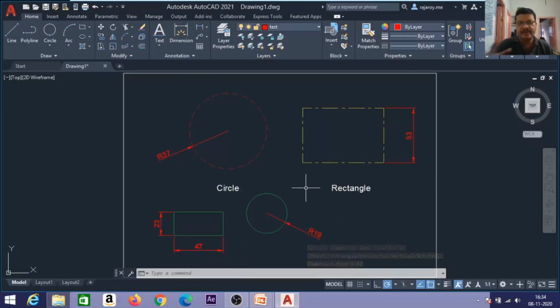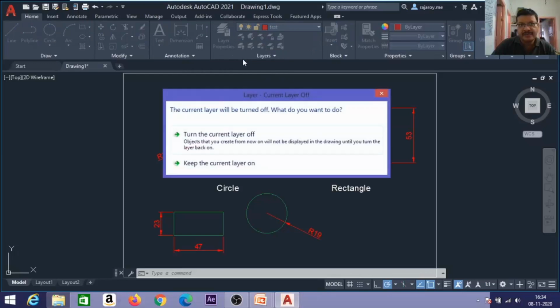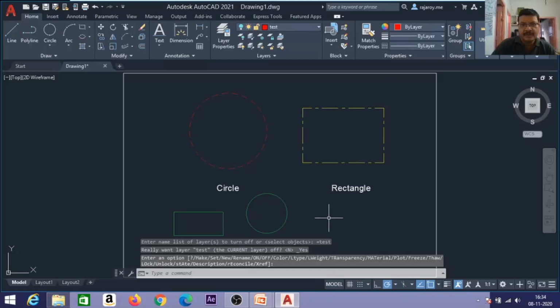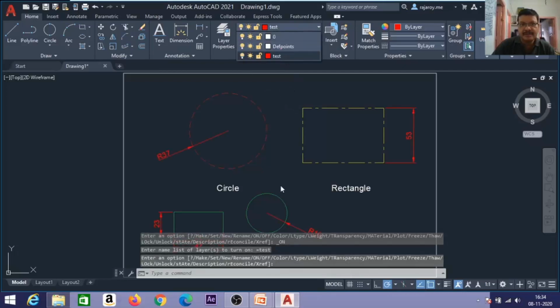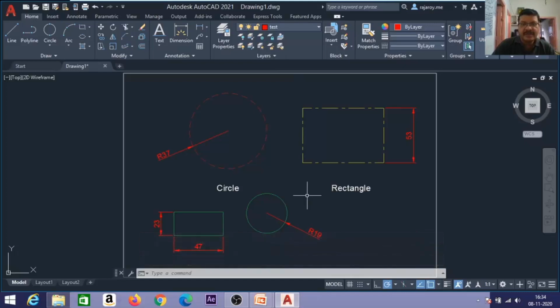Okay, if a very big complicated drawing is there and all the dimensions are there, the original object is somewhat difficult to observe. In that case, go to these layer properties, or just turn off this particular current layer. Once the layer is turned off, all the objects in that layer will not be visible. What are the objects in the test layer? Dimensions. Dimensions are not visible now. Again, if you want to get the dimensions, just turn this on and you will get the dimensions. Okay. So that is the advantage of layers.